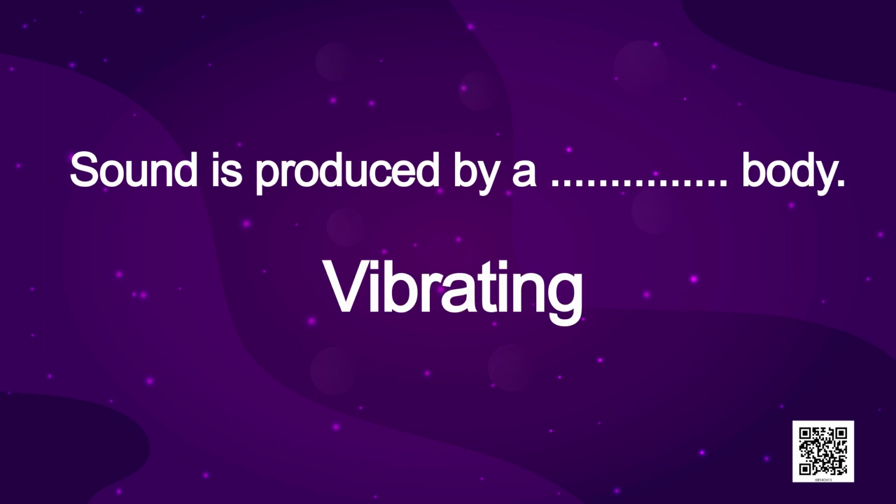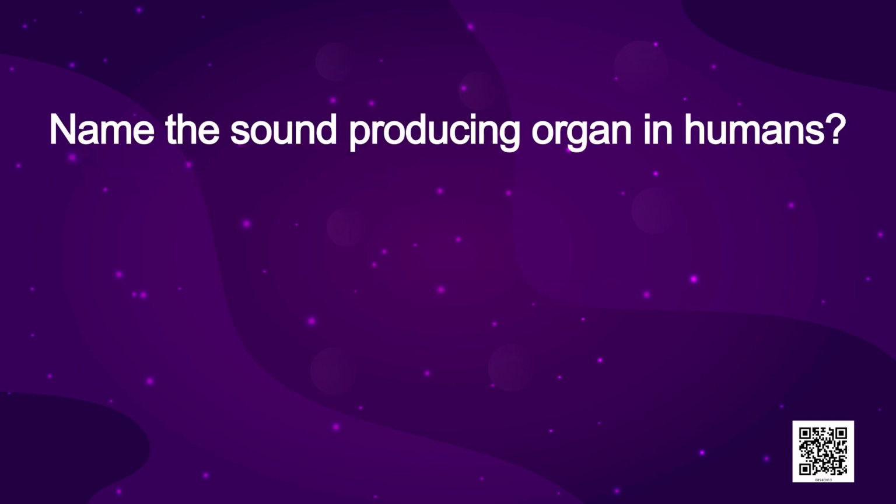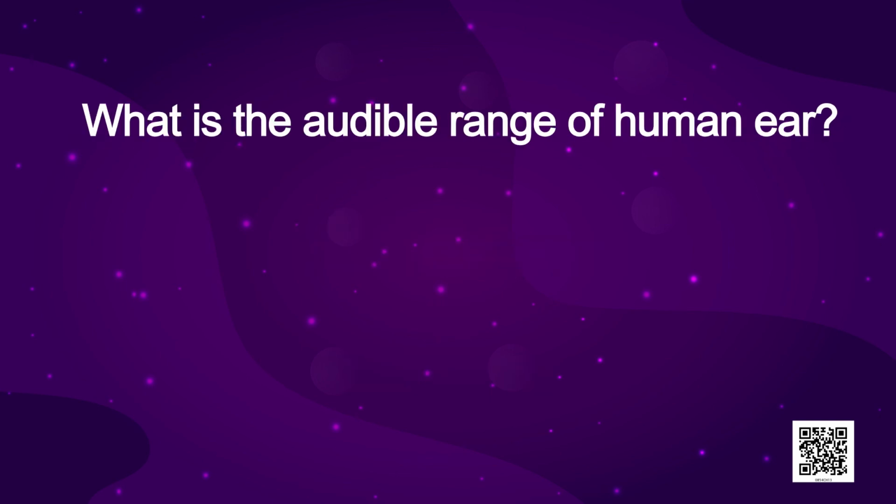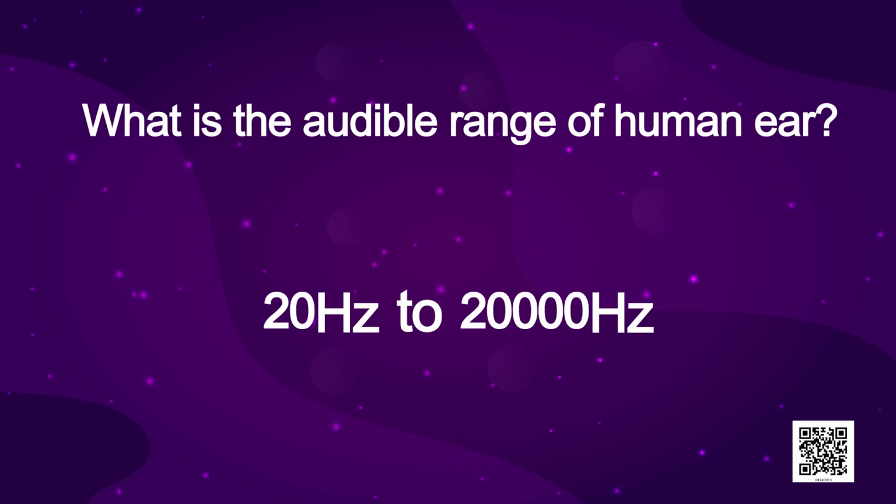Yes, vibrating bodies can produce sound. Question number 3. Name the sound producing organ in humans. Absolutely right. The sound producing organ in humans is the larynx or voice box. What is the audible range of the human ear? Yes, it is from 20 Hz to